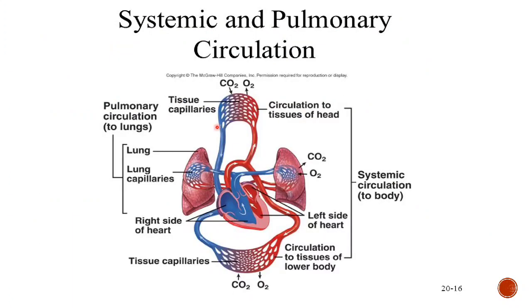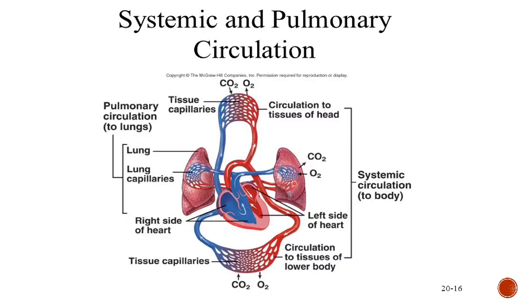Here we can see the systemic and pulmonary circulations, which are arranged in series. So this is the right side of the heart and the left side, that is left atrium and left ventricle. First of all, the deoxygenated blood from the head, that is above the heart level, and from below the heart level, from all the structures, will enter into the right atrium, and from there the right ventricle, and through the pulmonary trunk and pulmonary arteries, which will enter into both the lungs,